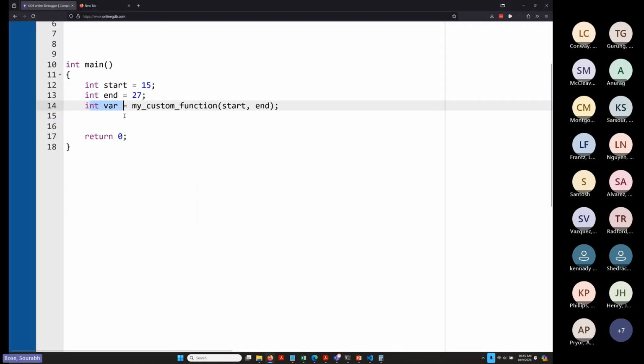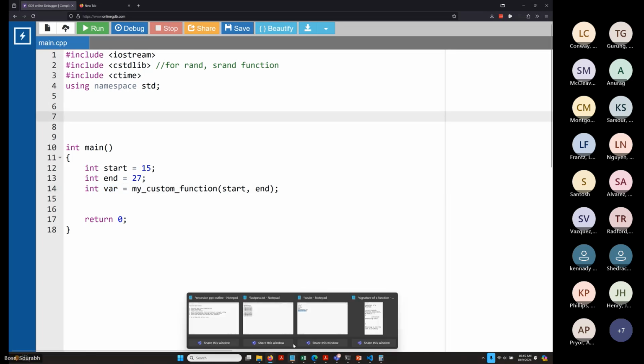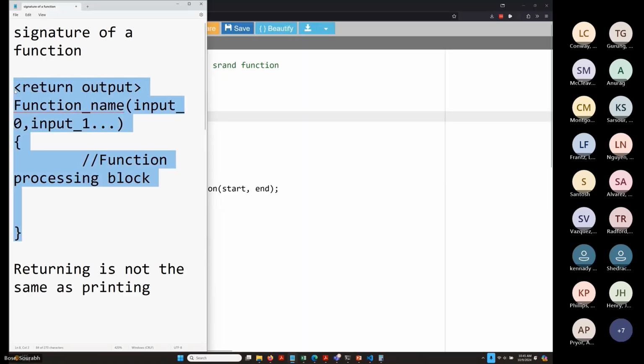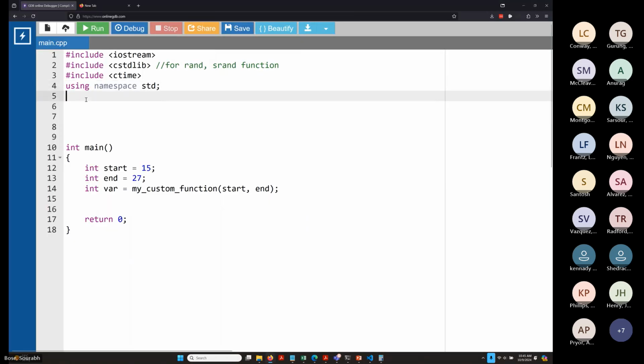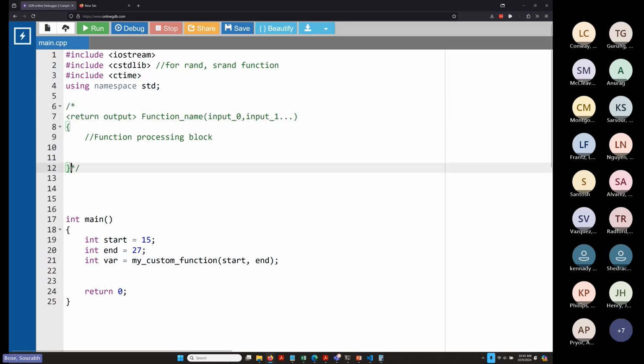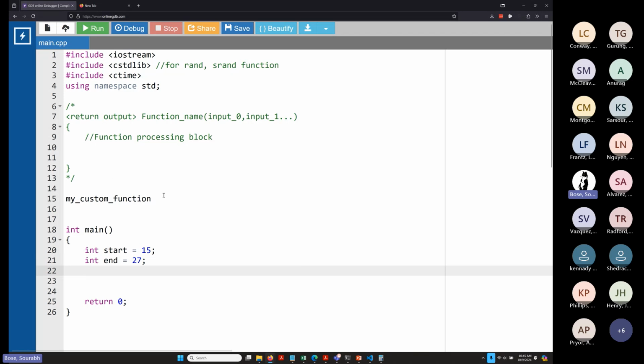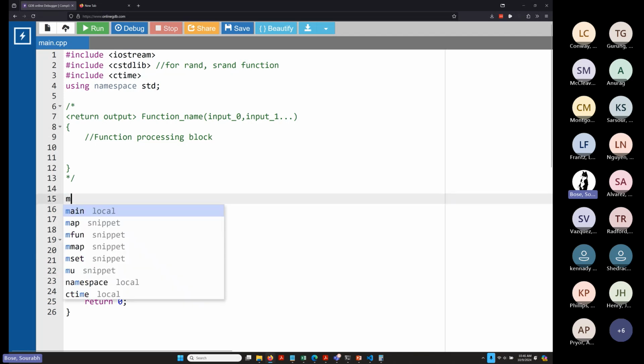Hold on. So I'm going to say that my function returns, so that's all commented out. And I'm going to say that the name of the function is my custom function. I can actually just remove this for now and we will just write it first and then we will call it. So my custom function,